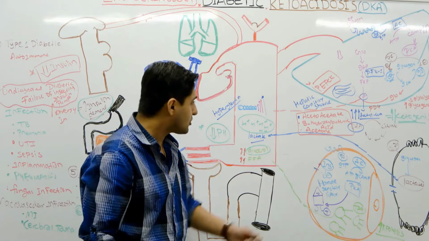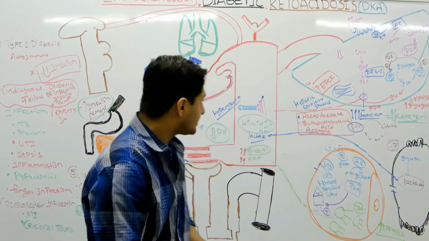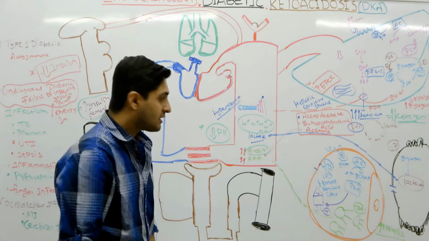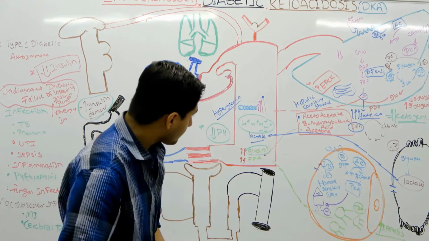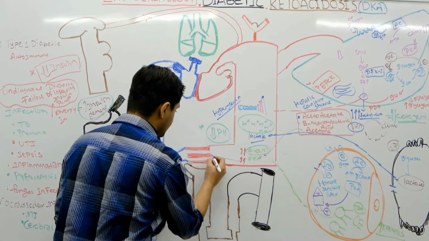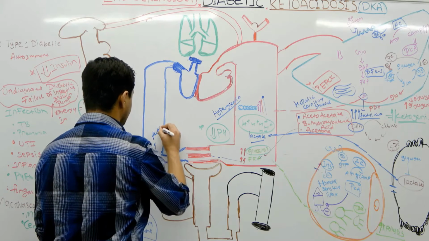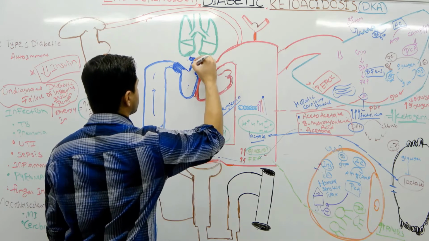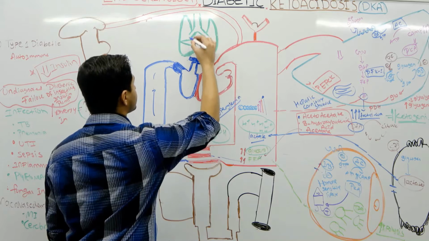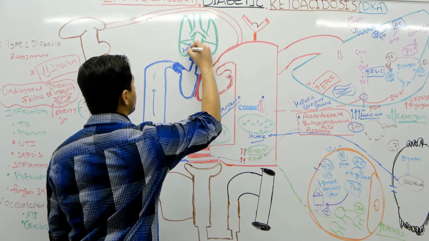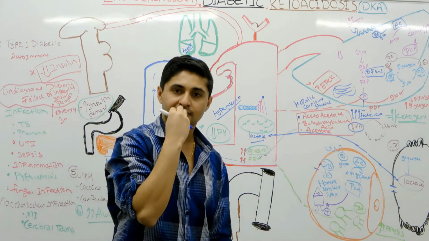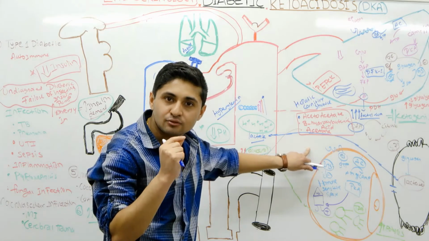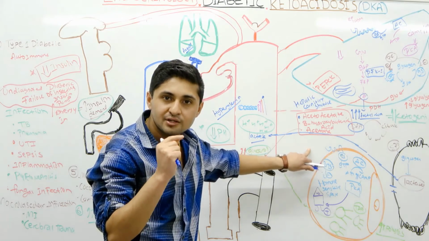It's very, very important that you know this. And you see this acetone right here? This acetone is a volatile gas. It comes here, goes into the capillaries, goes up to your right heart, the pulmonary trunk, and the lungs. From here, you puff out the acetone, and it comes up from your mouth. This acetone is a volatile gas, and when you smell the patient's breath,